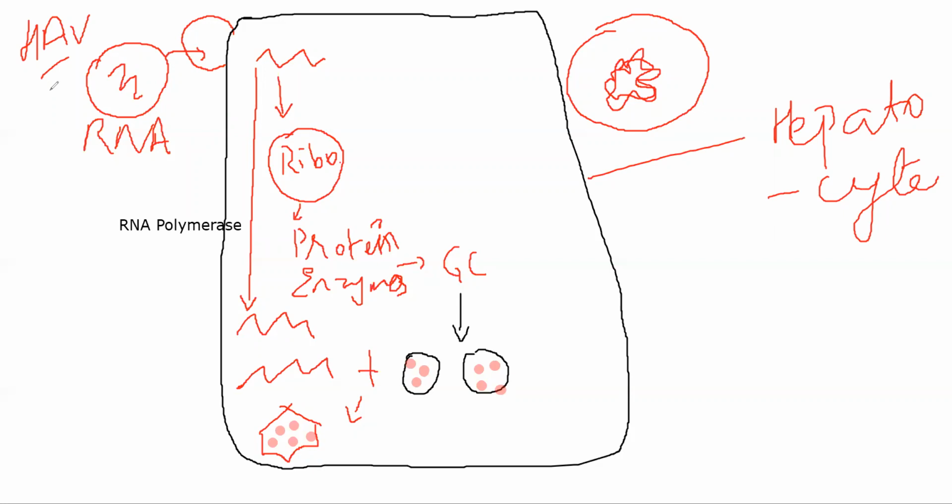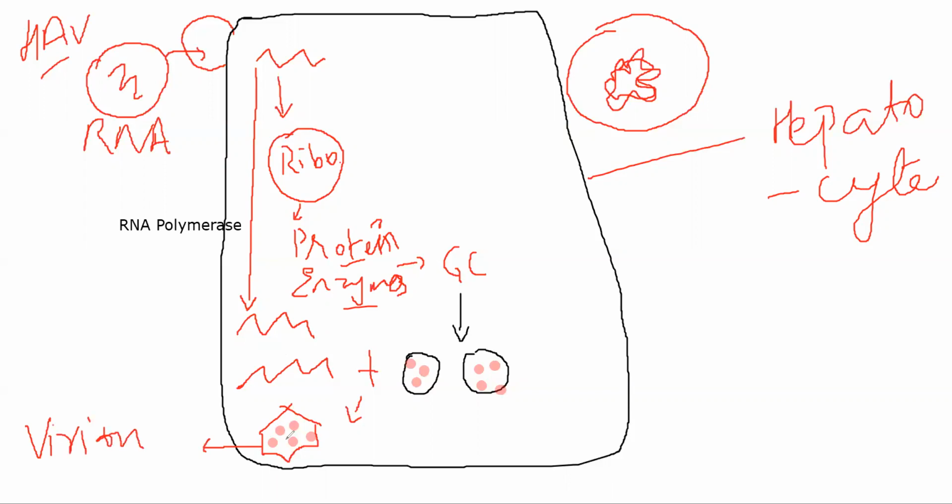Other than that, it will use a particular enzyme called RNA polymerase to multiply its own RNA structure, wherein more RNA molecules are formed. More strands of RNA are formed. Now, once these proteins and enzymes have been produced, they move on to your Golgi complex or endoplasmic reticulum, and they get packed into different vesicles, waiting for RNA molecules to be produced. Once these RNA molecules have been produced, these enzymes, proteins, all of them will combine together to make new virions. So this is a virion.